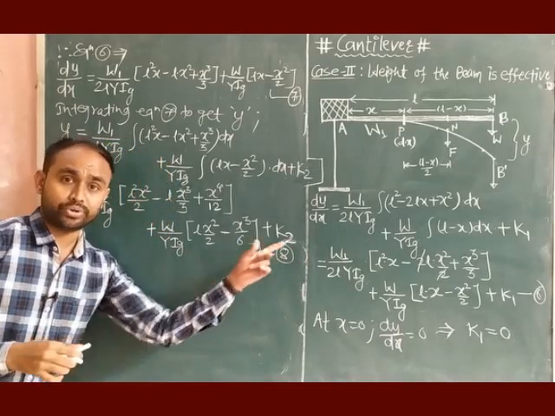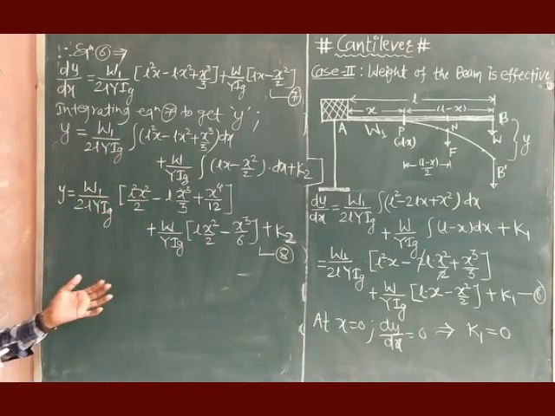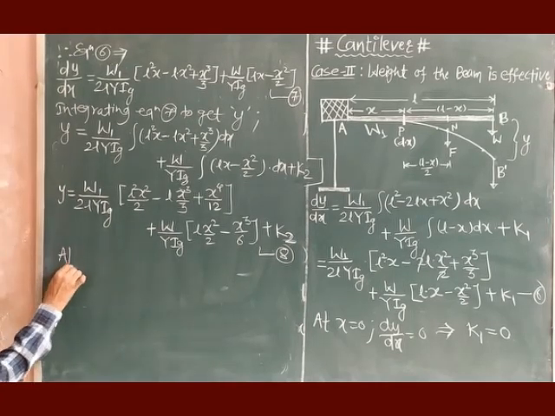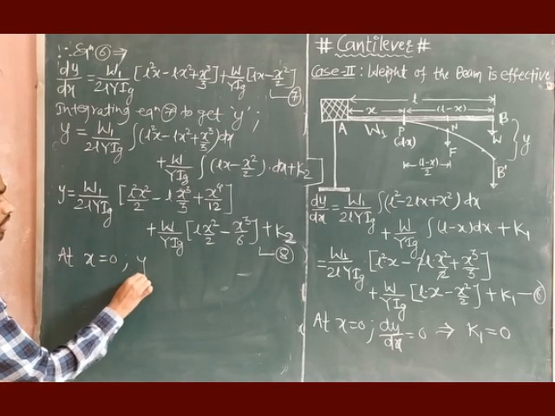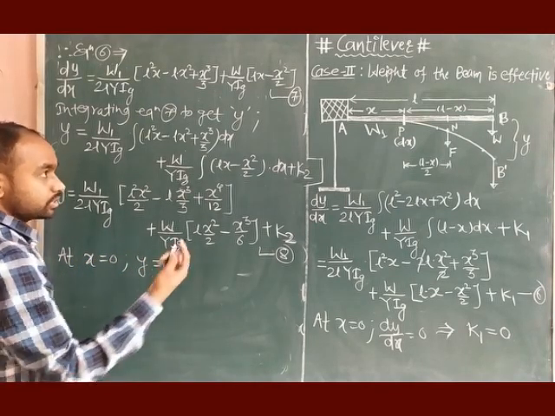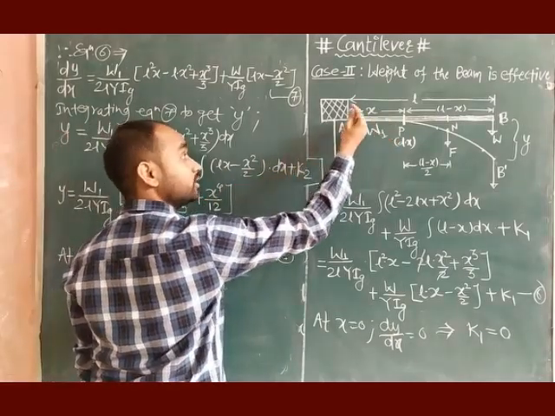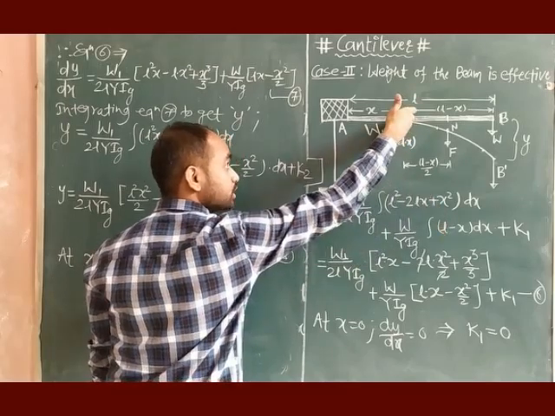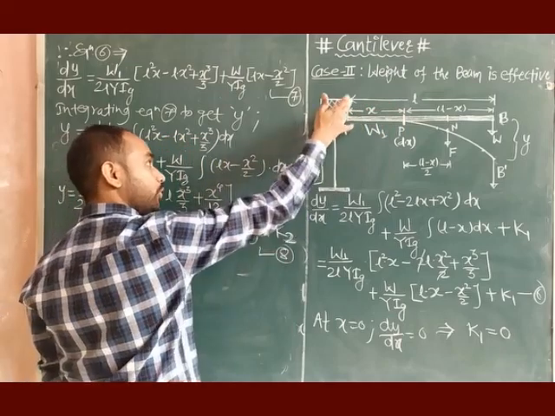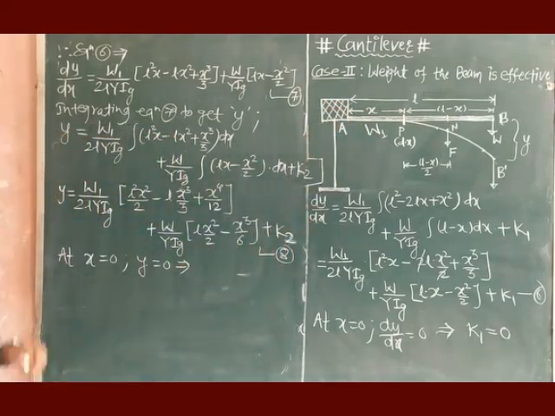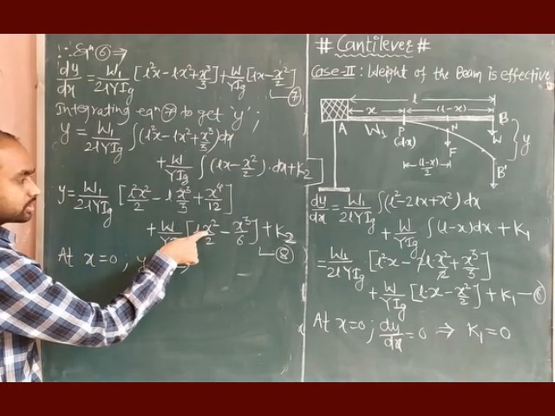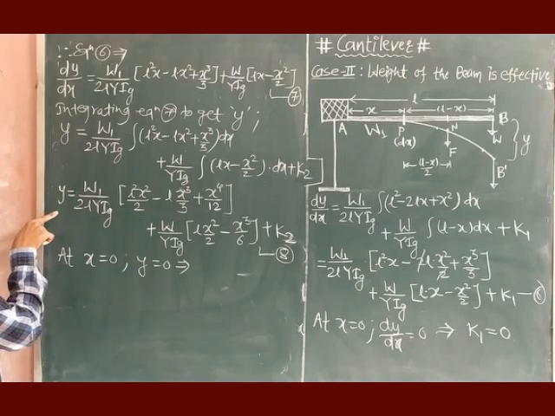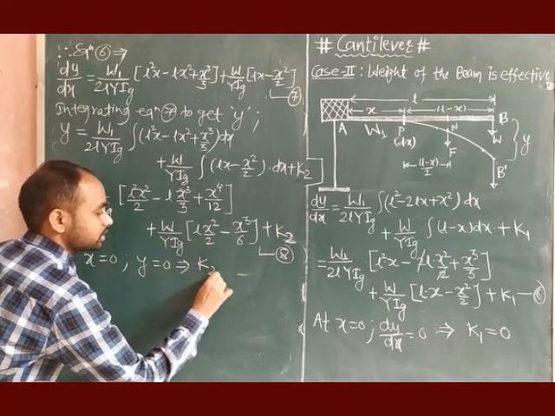Again this k2 we don't want, we have to find its value, so obviously another boundary condition: at x equal to 0, we can say y is also 0. Right now we have taken the value of x at some point P, and that point does have some depression, but if we bring point P to point A, obviously at point A we do not have any depression, that means y is 0. So let us substitute x as 0 here, here, here, so both the terms become 0, and on the left hand side y is 0, so ultimately we get k2 is equal to 0.